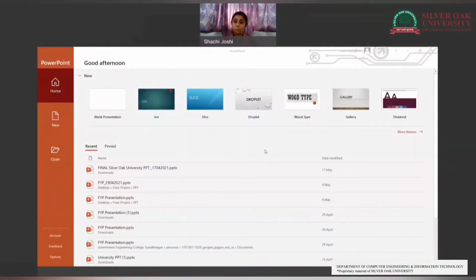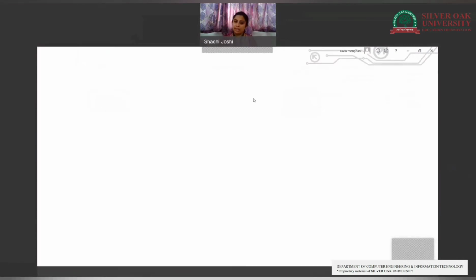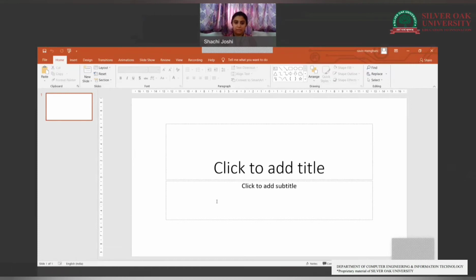to help understand PowerPoint. Okay, so this is the basic page when you are going to open Microsoft PowerPoint. This will be the basic page. Okay, so we are going to take blank presentation. You can take any of the template from that. Okay, so this is the first slide. Whatever heading you want to put, you can do that.